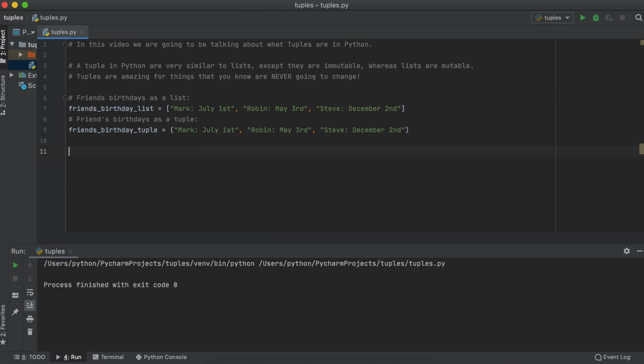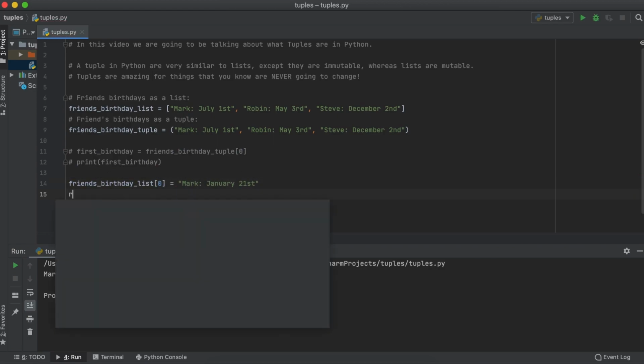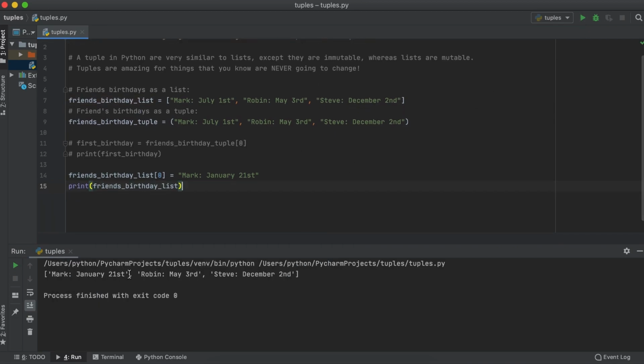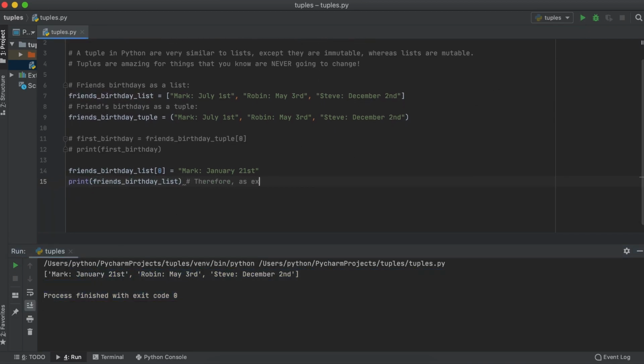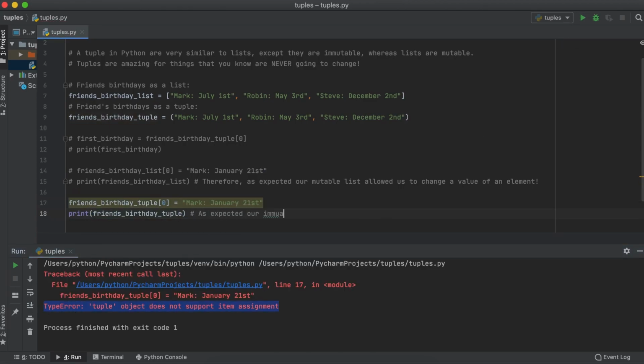To access elements in our tuple, we use the same syntax we used in our list. So if we want to access the first element in our friend's birthday tuple, we do the following. But if we remember, when using list, we can alter the data contained in a list. So if we had some piece of data that we needed to change in our list, we can simply access that element and change it, since lists are mutable data types, meaning that they can be altered. However, like I said previously, if we try that with our tuple, which remember is an immutable list, or alternatively said, it is a list that cannot be altered, we will be returned a type error.